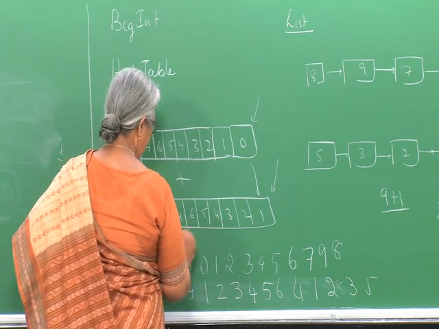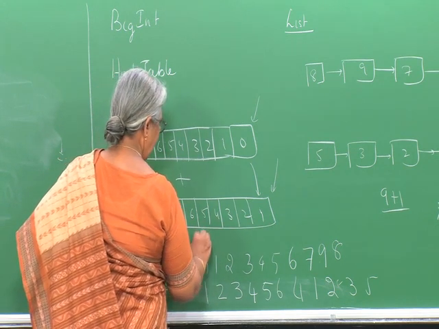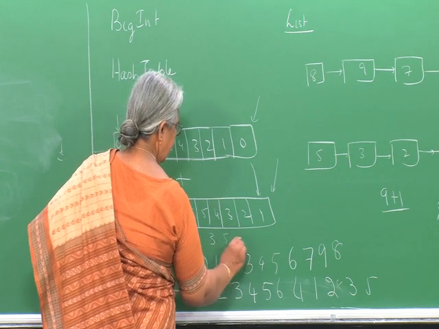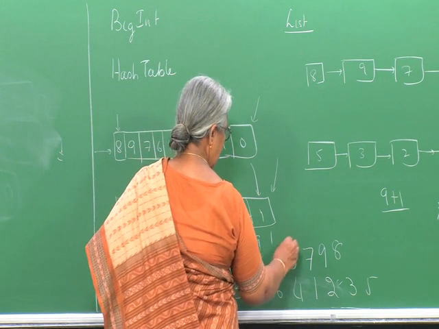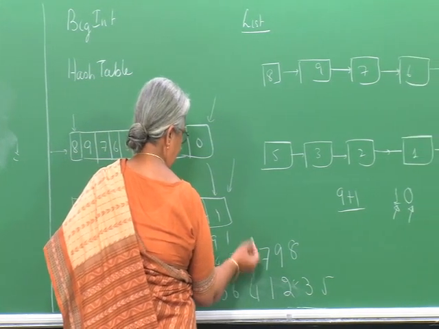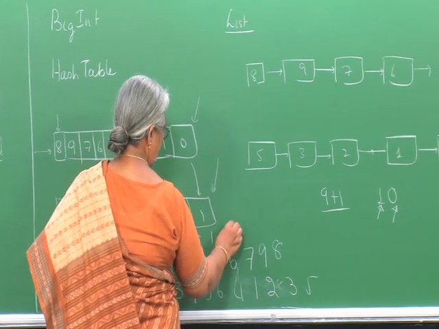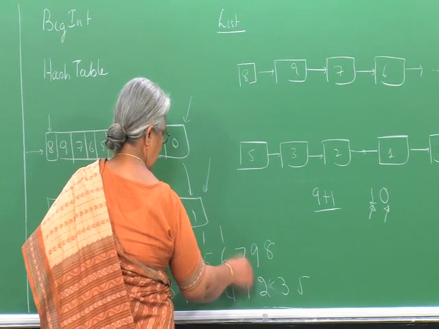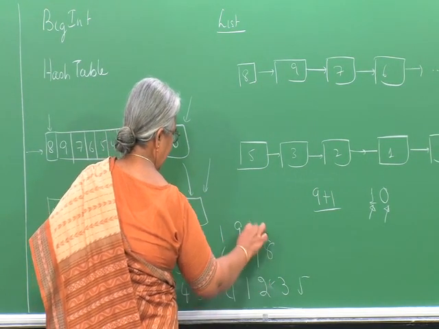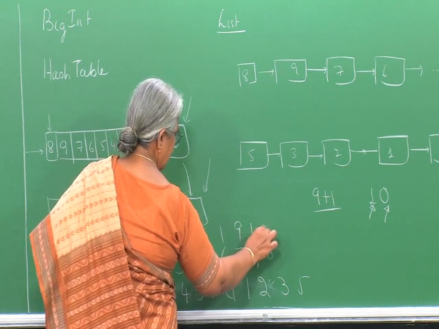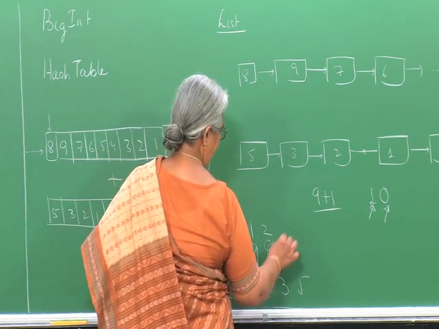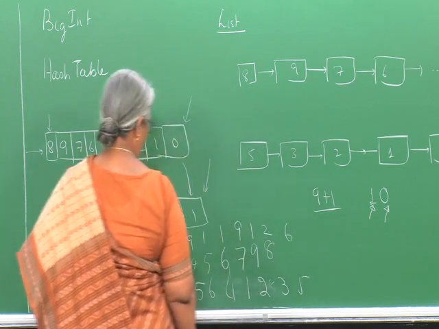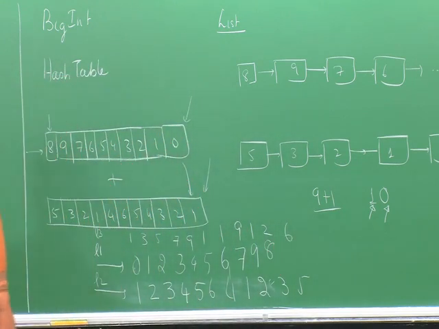Create a new list, let's say 3, 1, 3, 5, 7, 9. Now there's 11 here, so this 1 should be added to these two elements. 6 plus 4, 10, 10 plus 1, 11. And there's one more here, 9 plus 2, 11, and this becomes 12. And then finally this 5 has to be added to the carry and should give you 6. Okay, so this is what the two numbers should be.